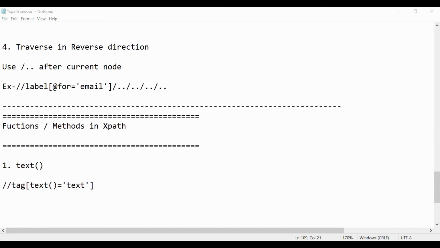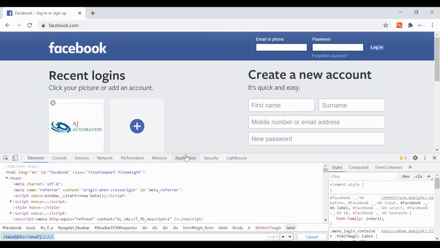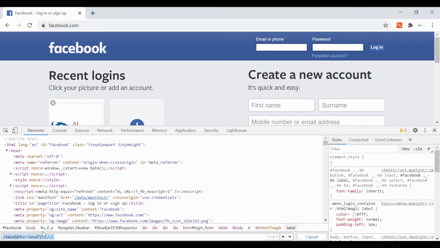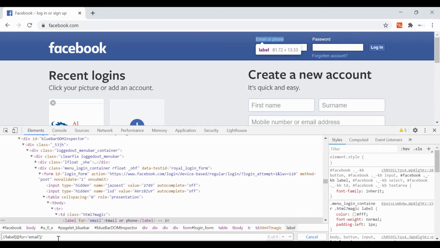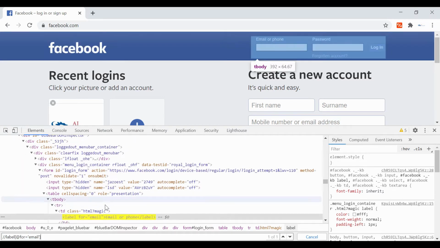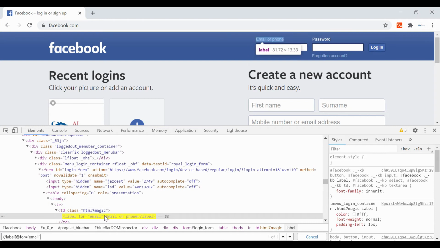So for example, let's go to our page. You can see here this email or phone. On the UI we can see email or phone number, this text is representing here.